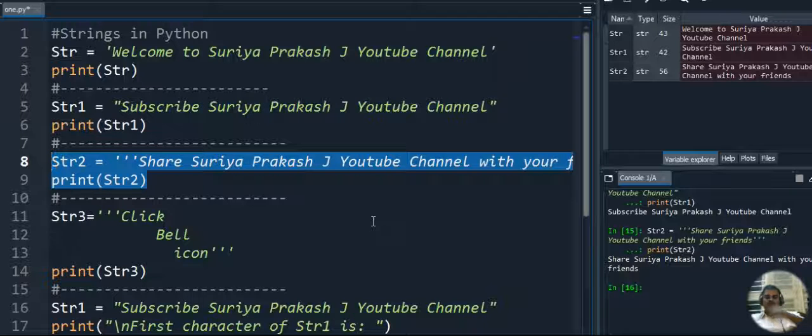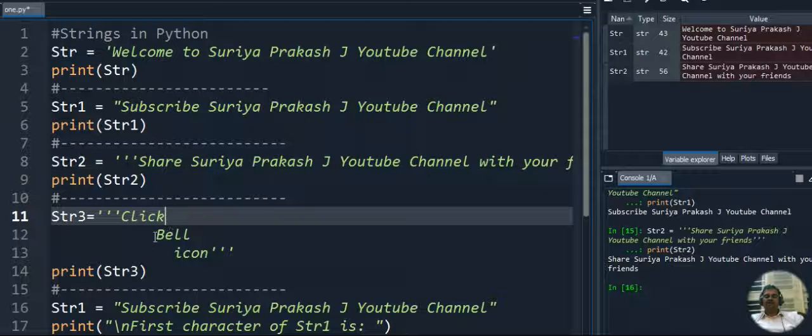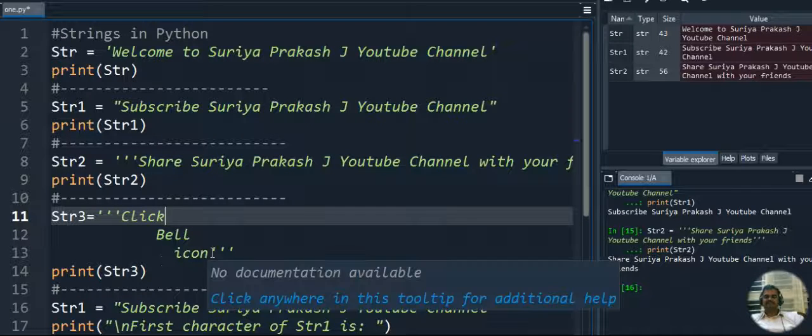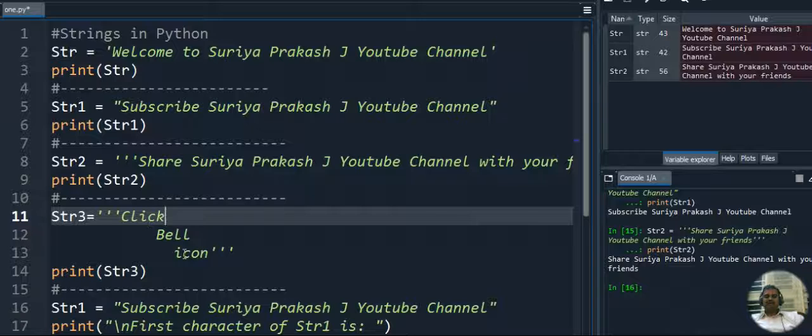One more thing we can do: we can give the string word by word on the next line. So: click, then I give the next line, then bell, next line, icon. Click bell icon is the statement I want to display in the same order.